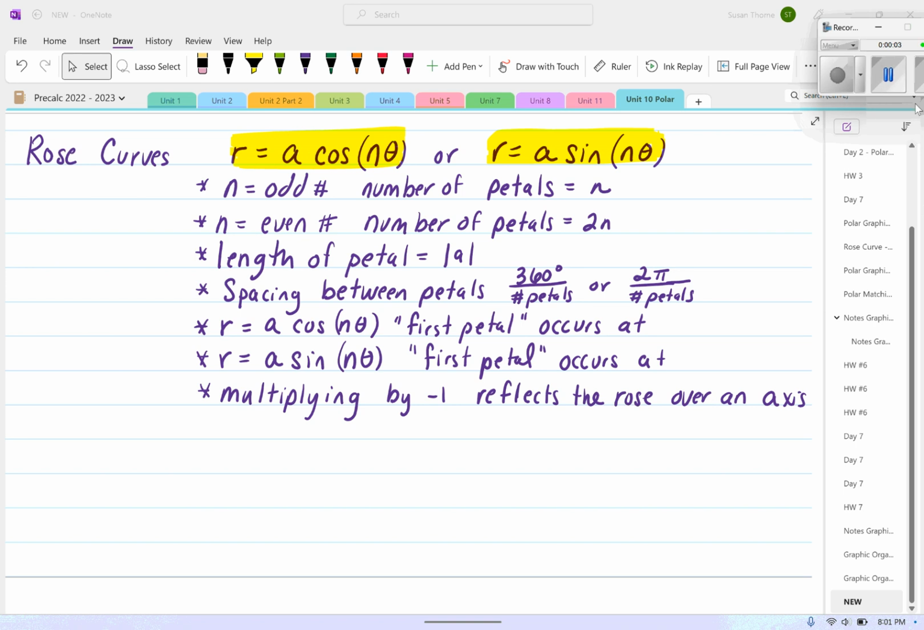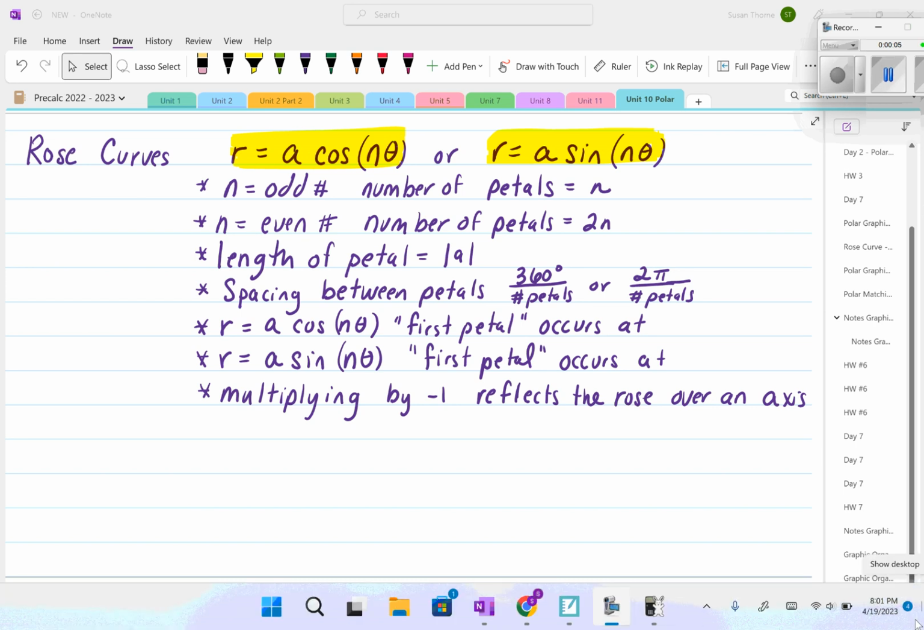Today we're going to talk about Rose curves. So we have r equals a cosine n theta, or r equals a sine n theta for our general equation for a Rose curve. And we have already done some graphing discovery where we discovered when n is equal to